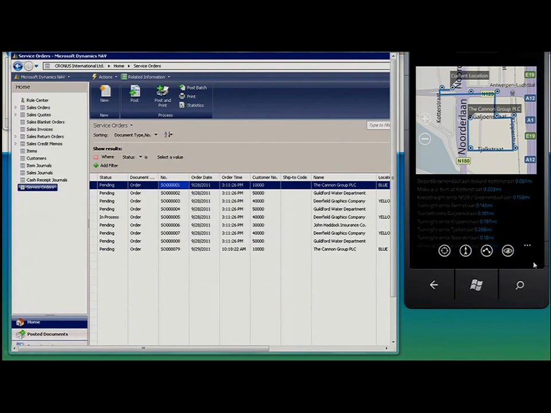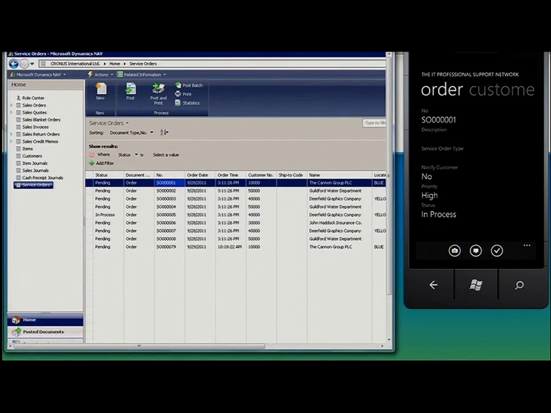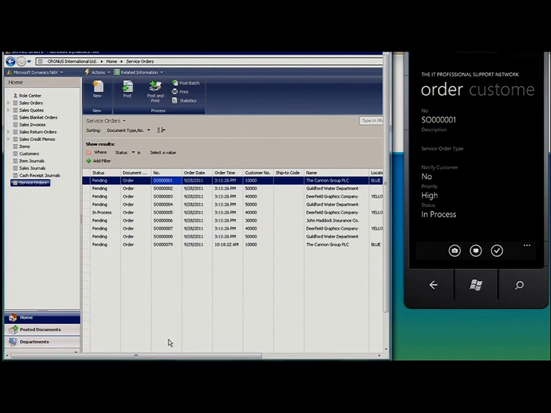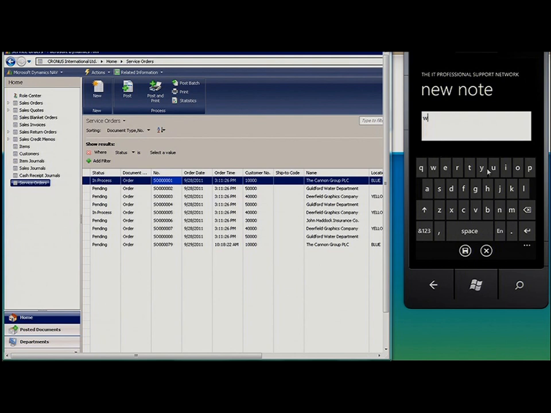So going to the customer, and when I'm there, I can now signal that I'm actually starting working on this, and that information should be written in NAV as well. Now I'm doing the political way of saying should be written because I just found something didn't. Okay, it says in process now, so that's a good thing. And now I can take a picture with my phone if I have the broken part or whatever, and I need some documentation on these things. I can attach an image to the service order, and I can attach a note. So I can click the note and say works now, maybe